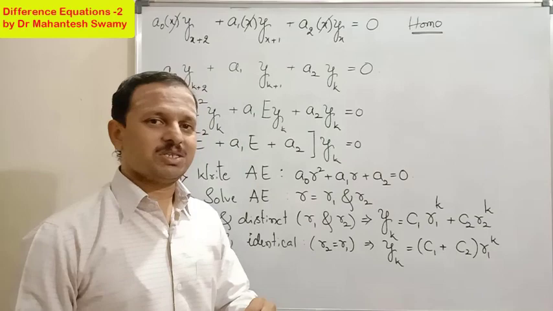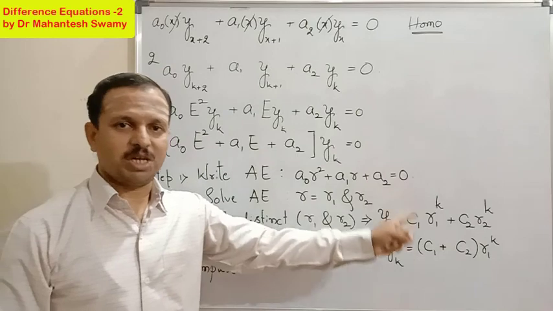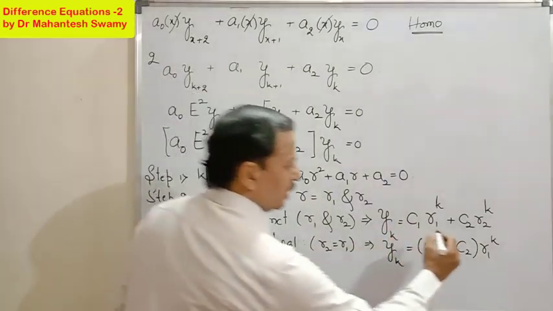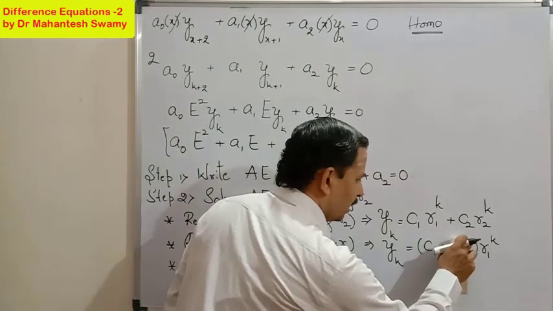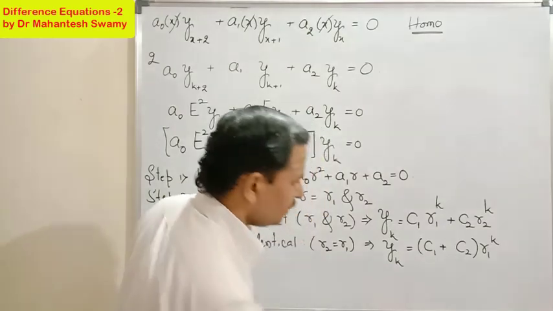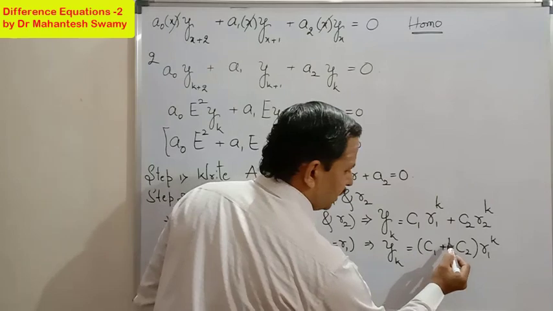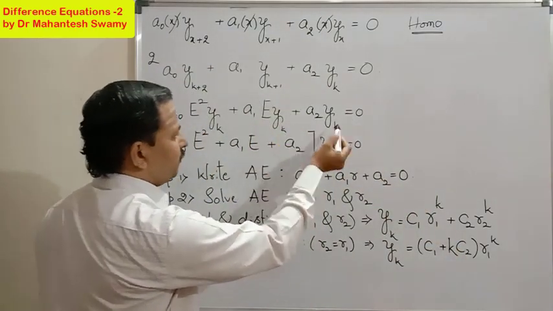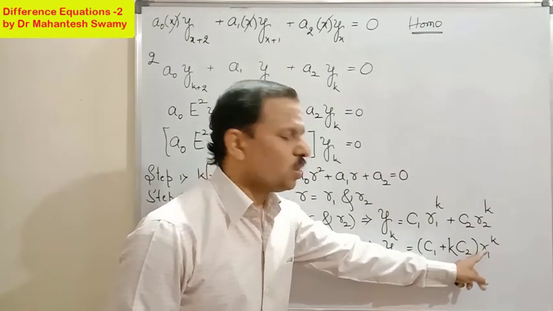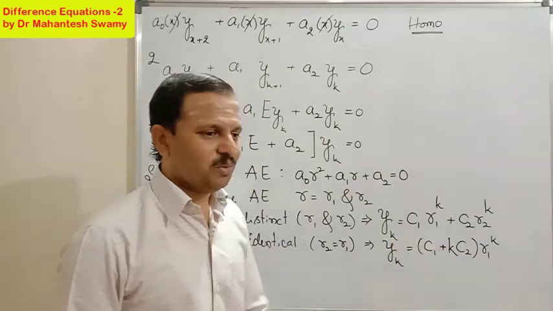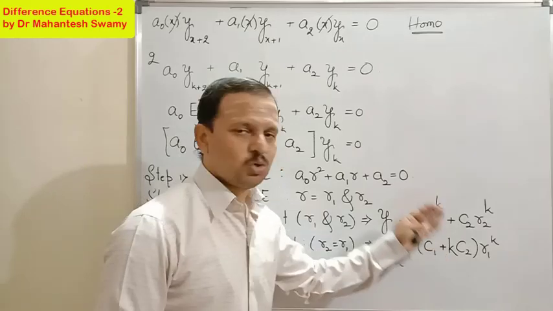But the principle tells us that if the difference equation is of order 2, there should be 2 arbitrary constants in the general solution. So therefore, here I have to multiply the argument k. If the argument is x, I could have written x, but I am having k everywhere, therefore I should multiply with k. So it is c1 plus k c2 into r1 to the power k. So this is how we have to write the general solution in the second case. This is a very important thing, you should remember it.